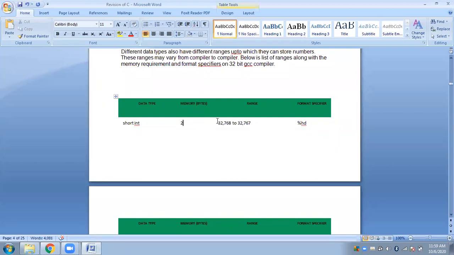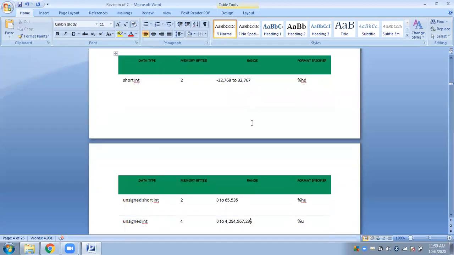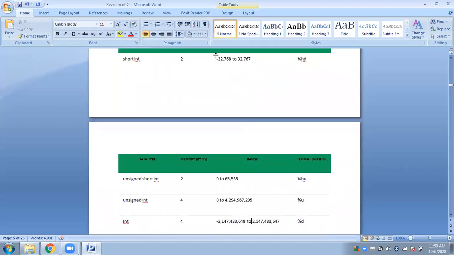So if you are representing short int, your value will be in the range from minus 32,768 to 32,767. Okay, so if you compare between the two, this is short int. Look at the range, how it decreased exponentially, compared to the original integer range of numbers. So this is why we make use of some additional keywords to maximize or minimize the size of the actual data types.